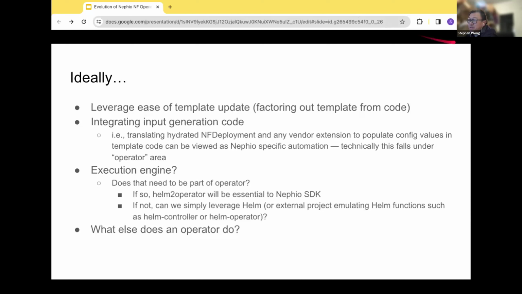The part that doesn't go away is that we take a hydrated Nephio CR, probably more than NF deployment moving forward, and the vendor extension pieces, and translate it to something. That translation logic still sits somewhere.